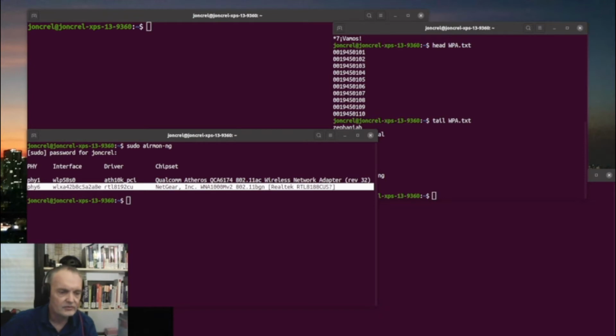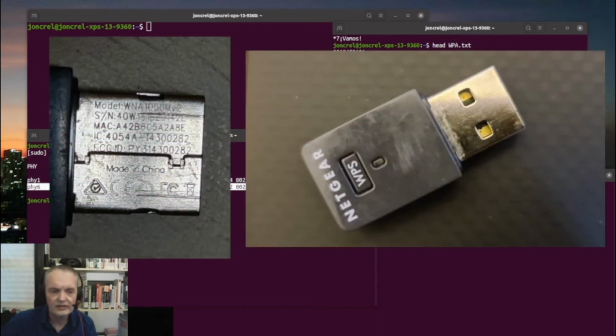So let's switch across to show you what that's like. Now you can see what this wireless card is actually like. This is just a USB style plug-in wireless card. It's a WPA card. It's a Netgear one, as it happens. The information about it is visible on the bottom of the metal plate here, which tells you the serial number, etc. Now, obviously, what you need to do is find a card that will work with this chipset. So, in fact, it appears initially that this one works,